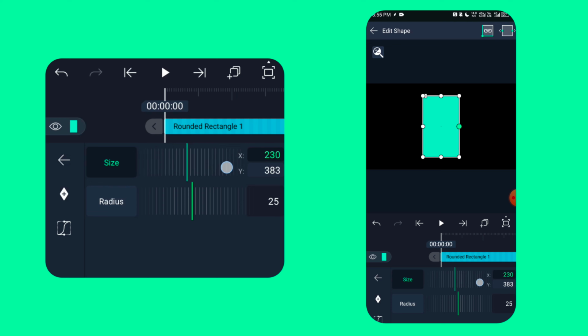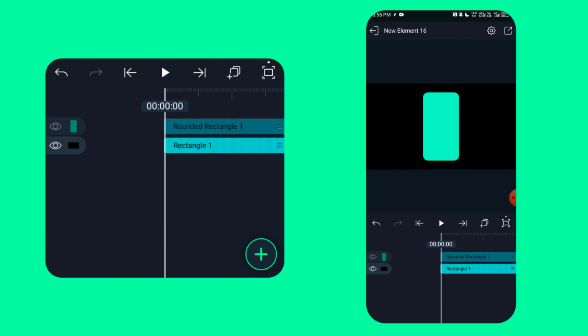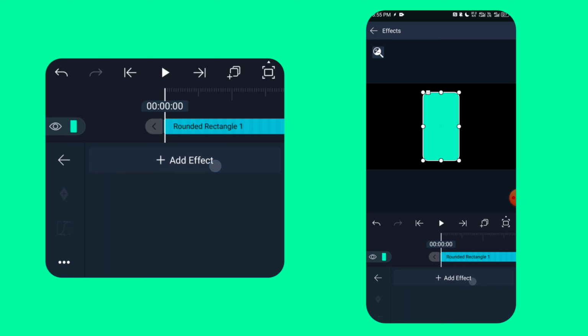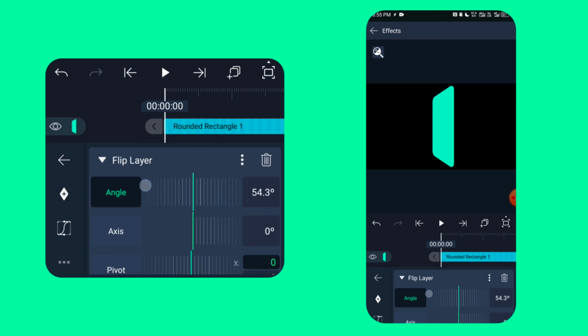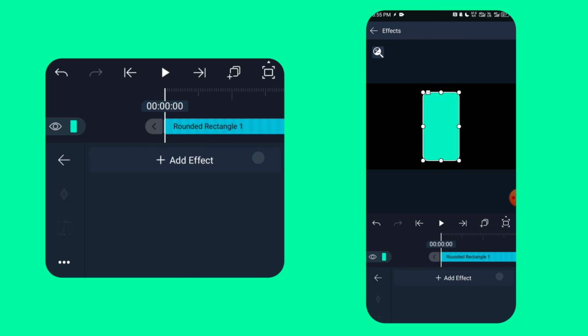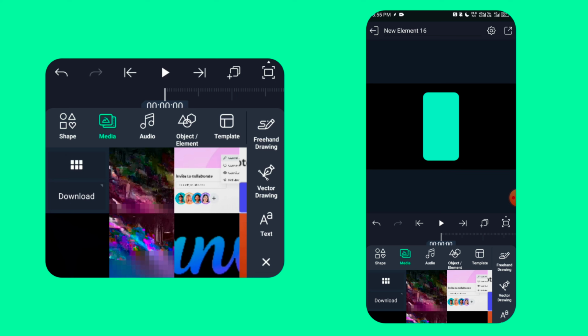Alright. Then radius like this. Alright. Then I use add effect, I use the flip layer like this to flip it like this. Can you flip it like this? Can you see? Before doing this way, the first thing I did is that I design